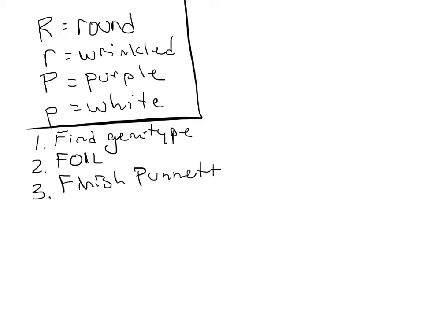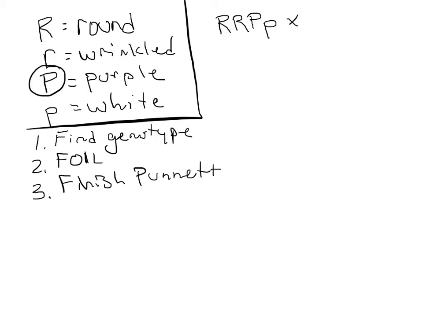Let's look at this example. Let's suppose that we have a homozygous round and heterozygous colored plant. Homozygous round would have two capital R's. Homos is a prefix that means same. And heterozygous purple. And I don't even need to say purple because the capital P for purple is the dominant